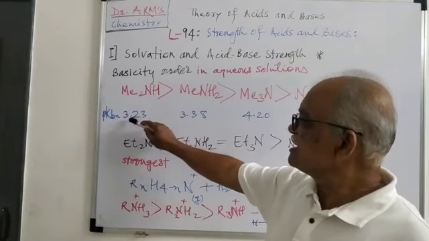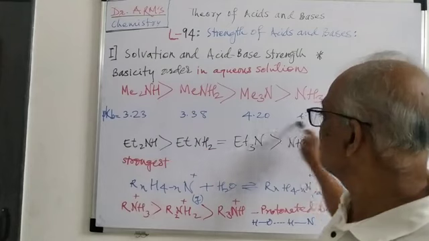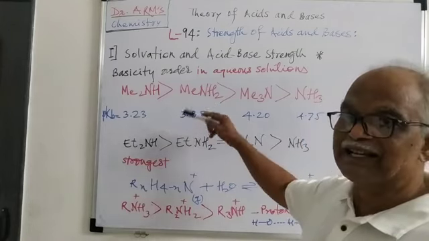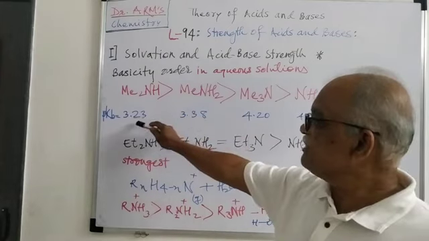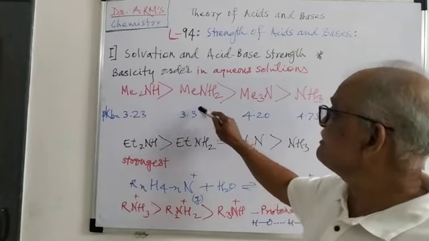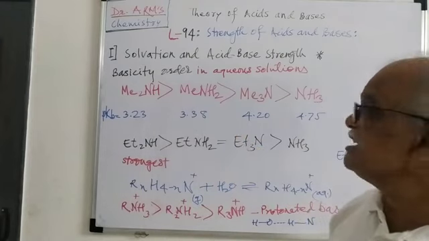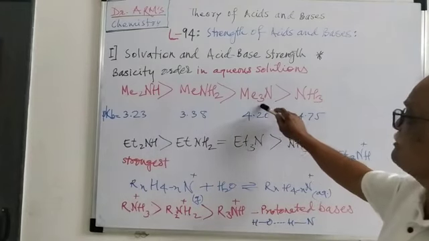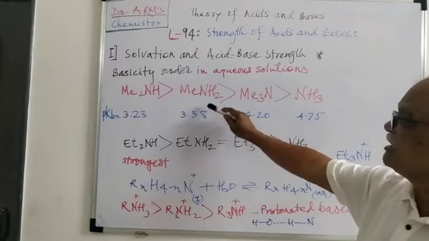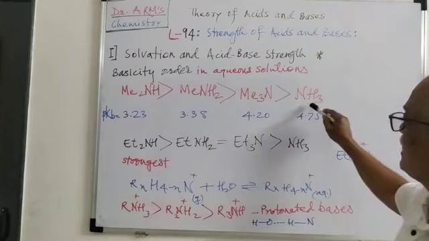Me2NH has 3.23, the lowest value of all these. Then MeNH2 has a slightly higher value, which means compared to this it is a relatively weaker base, so the basic strength is slightly less. Again, if we go to Me3N, it is 4.20, which means it is again weaker than MeNH2,